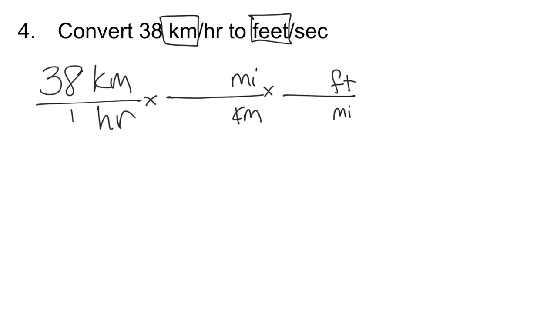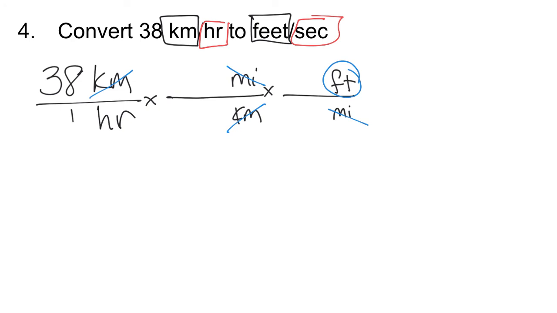and hours to seconds, right? Because you can't convert a mile to a second. That doesn't even make sense. We only convert distances to other distances and times to other times. So we're getting rid of kilometers and getting miles, getting rid of miles and getting to feet. So kilometers go away, miles go away, and we have feet, which is what we want, right? And then